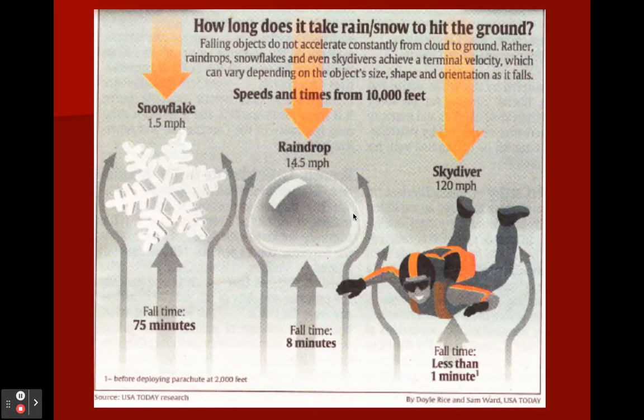Okay. This is from the Columbus Dispatch years ago. I'm sorry, it's from the USA Today. But notice, if at 10,000 feet we release a snowflake, it takes 75 minutes once the snowflake hits terminal velocity to reach the ground. That's why sometimes on radar in Ohio, when you guys are hoping for a snow day, you might look at the radar and go, look, it's supposed to be snowing. You look out the window and there's no snow. Or if you look out there and it looks like the snow has passed on radar, but it's still snowing, you're going, what's going on? Because it takes like another hour, hour and a half for the snow to reach the ground.